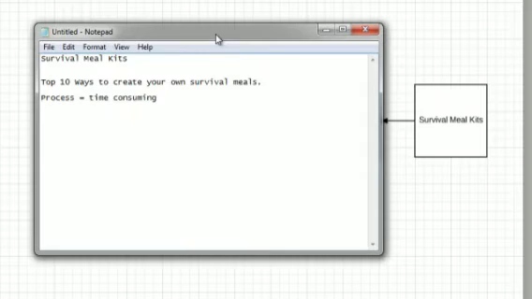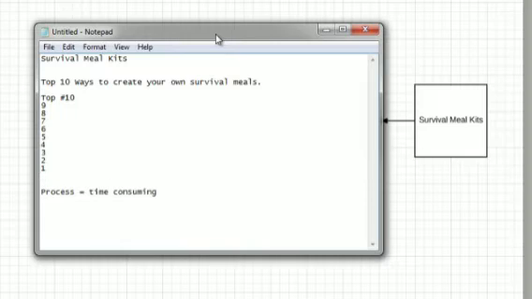This might appeal to people who have a lot of time on their hands, but for the most part, most of your audience are not going to have a lot of time to actually do this, and that's why they're going to buy your survival meal kits, right? So maybe you can talk about top 10 ways, and start with number 10 and then go to 9, 8, 7, 6, 5, 4, 3, 2, 1 kind of thing.